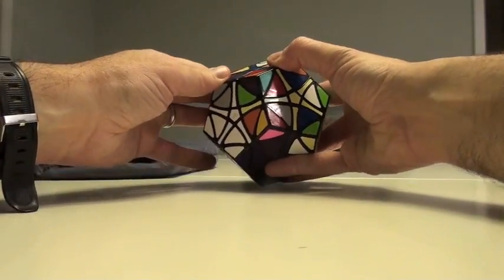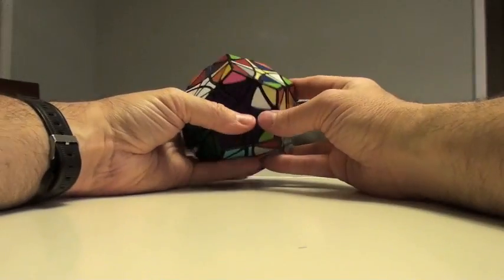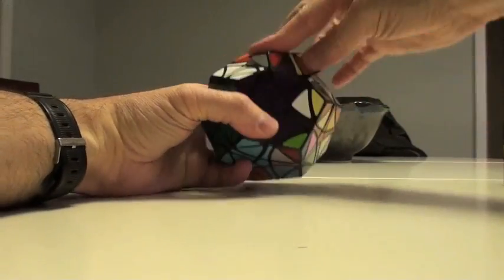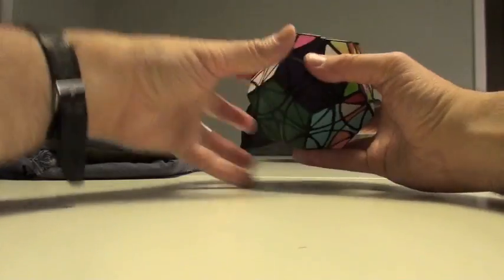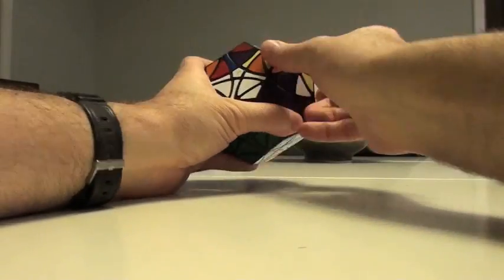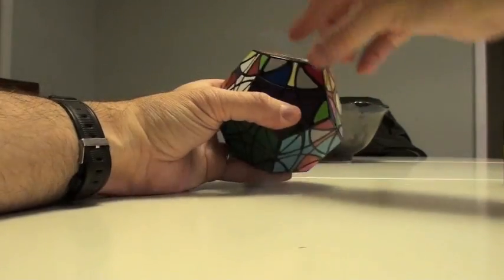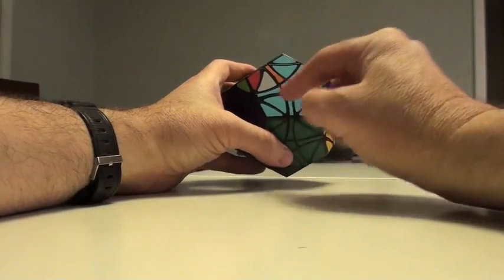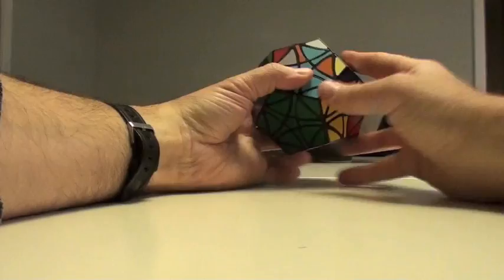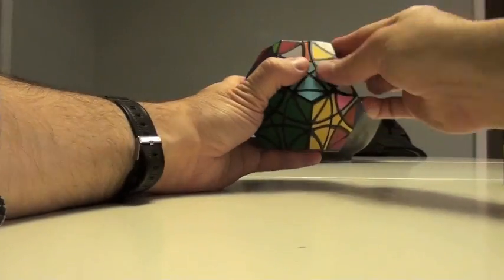Okay. So I know this is where it needs to be, so I'm just going to walk it back around. This is just to show that it's where it needs to be. So I'm going to turn, turn, turn, and turn. Okay, so this is in, no problems. How about the blue? This is already in. So yeah, this can come into here. So get it out, turn it in,